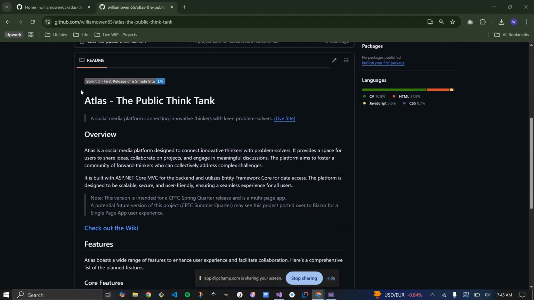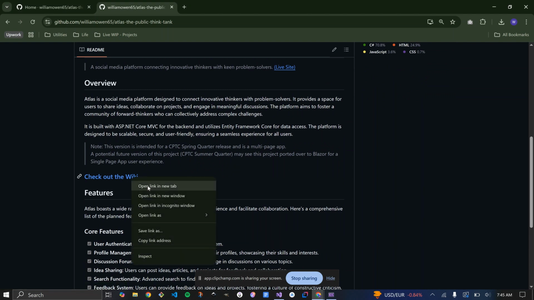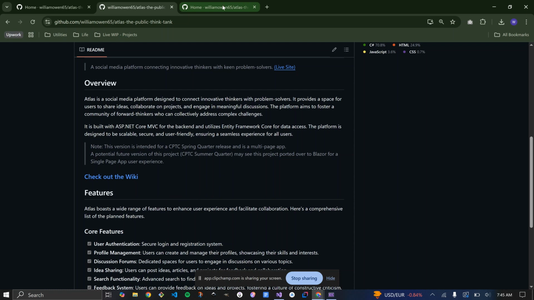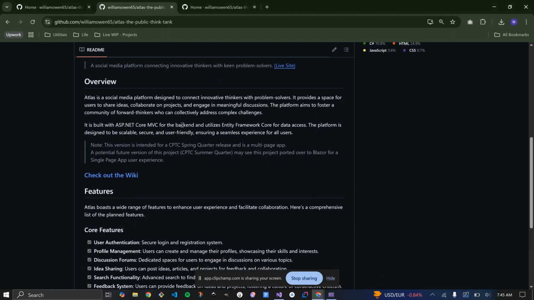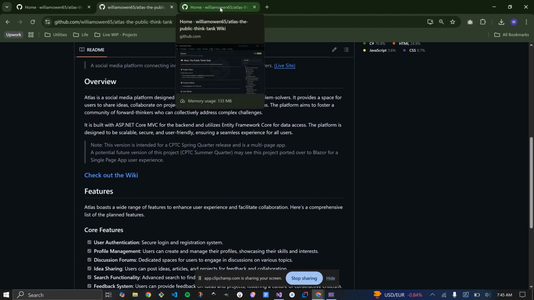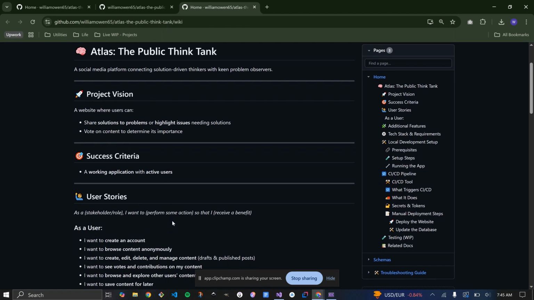I have a README, which includes the badge of the sprint and an overview that goes to a lot more information in a wiki. And this README, by the way, and all of my GitHub issues and the wiki, I used ChatGPT to help me format, so I would have consistency across all of the GitHub repo content. And I was a fan of using the emojis, so you'll see a bunch of them.